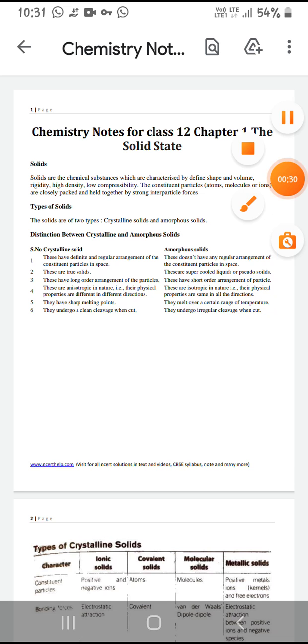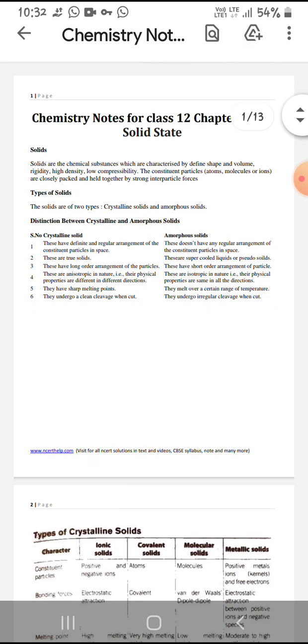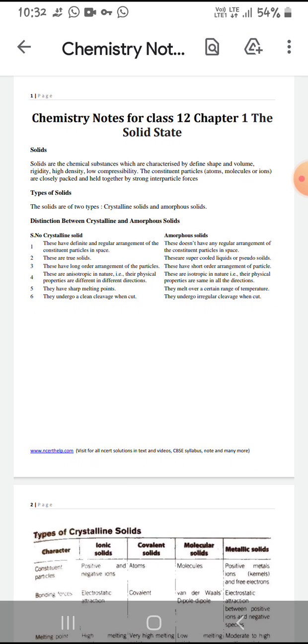The difference between the crystalline solid and amorphous solid is that crystalline solids have definite and regular arrangement of the constituent particles in space, but amorphous solids do not have a definite arrangement. Crystalline solids are true solids, but amorphous solids are super cooled liquids, or a little bit solid. And the crystalline solid has long order arrangement of the particles,